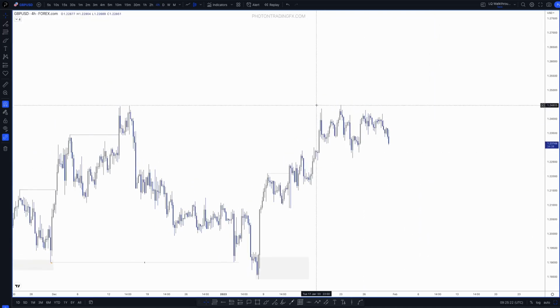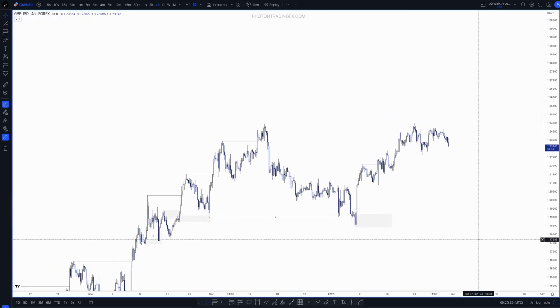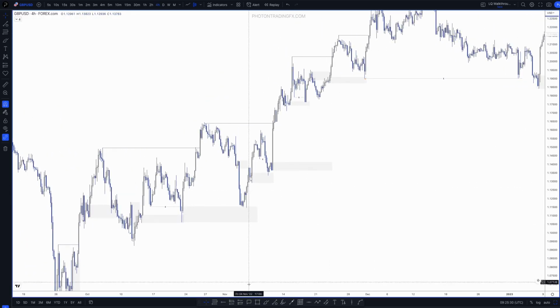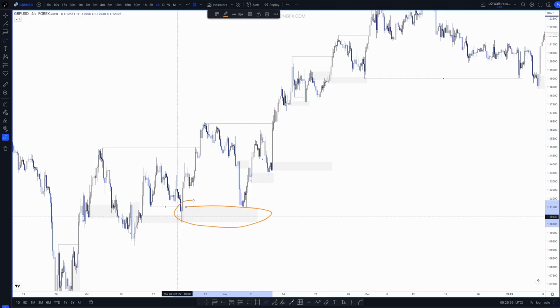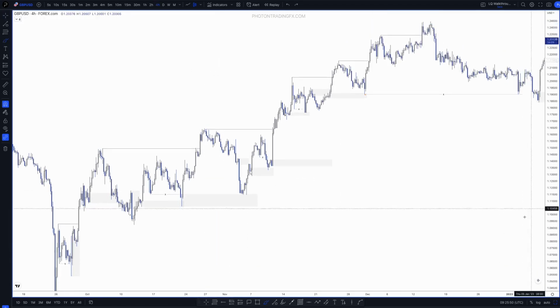I don't know if there's any more clean, obvious examples. But yeah, hopefully you can get the idea of what we're looking for. I don't think it's anything too complicated. What we usually do is look for those zones, as we have been before, that lead to a break of structure. You draw on the analysis, where market structure is, is it well priced? And then ask yourself, is it a sweep zone? Just look left, and did it sweep any available nearby liquidity in the formation of that zone? And it can be another tick in the box as to why this should be an institutional zone, and likely will be a